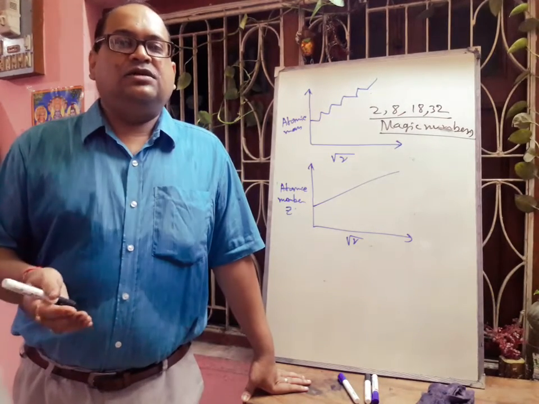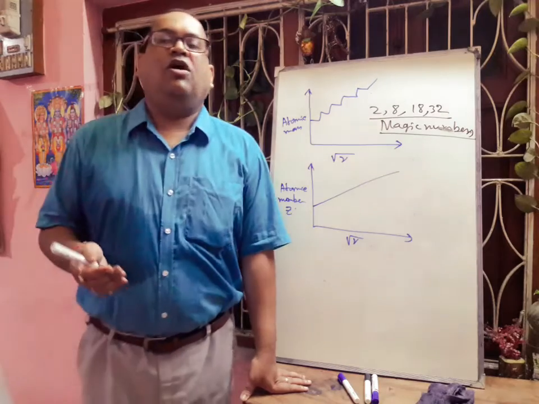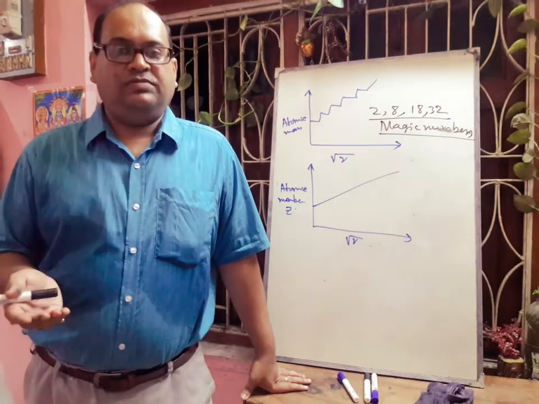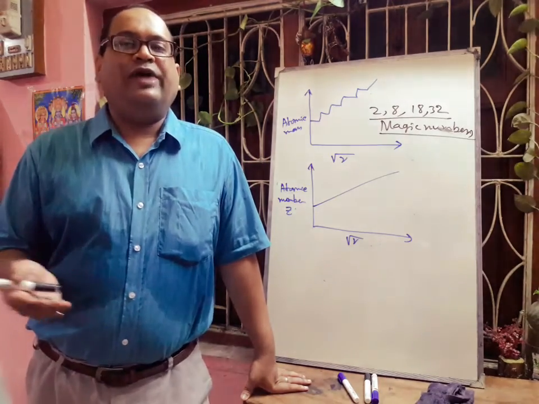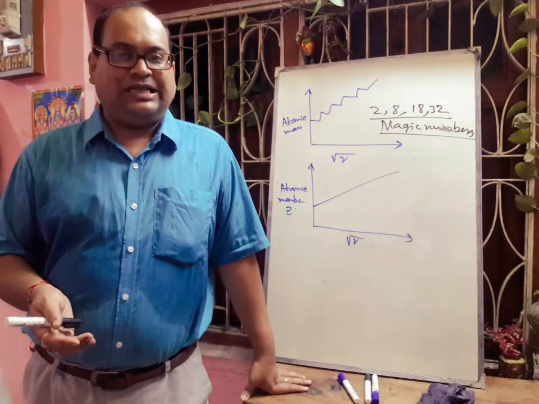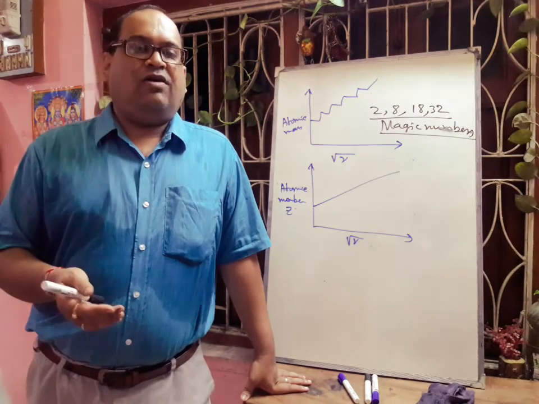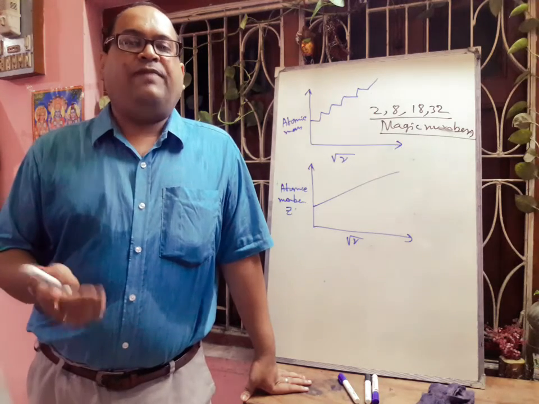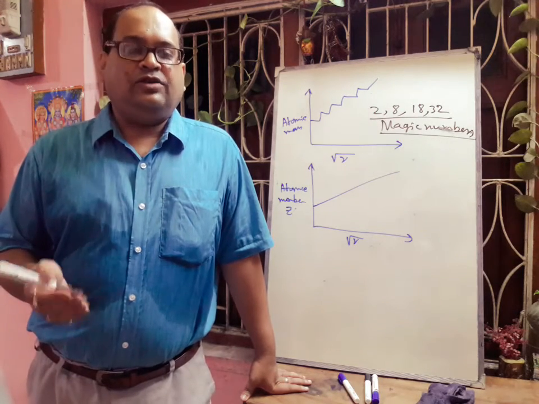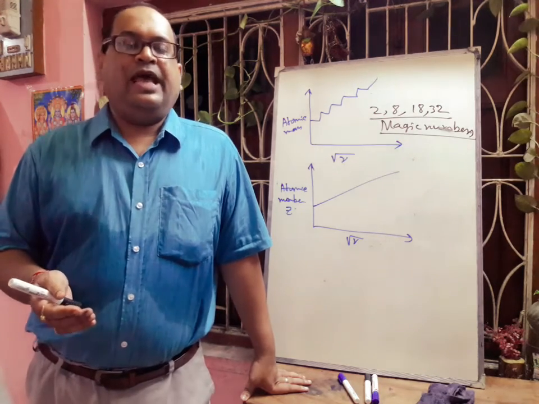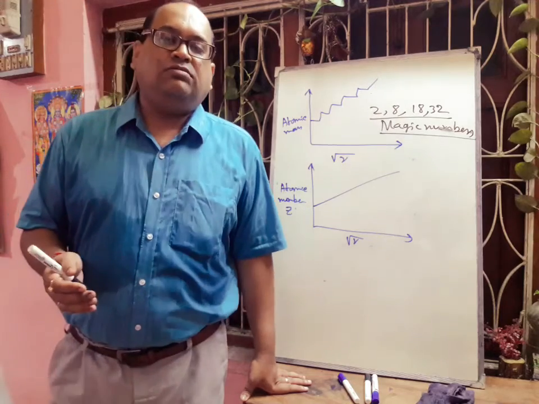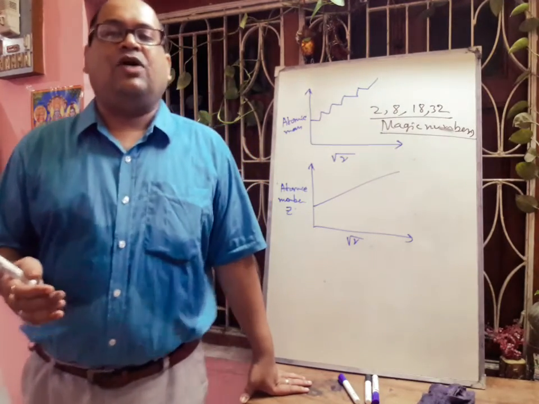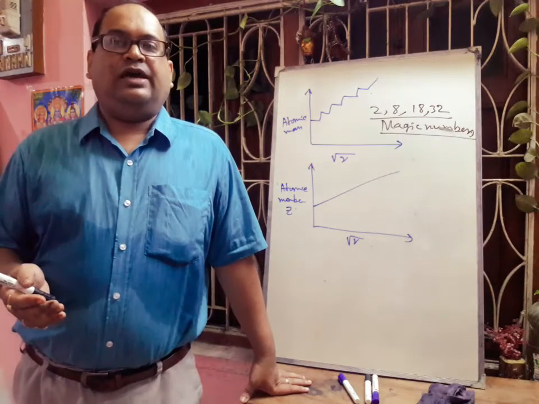Now elements belonging to group 1 or 1A are called alkali metals. I think all of you know. And group 2 or 2A elements are called alkaline earth metals, and group 11 or 1B are called coinage metals. Group 15 or 5A are called pnictogens or nicogens, and group 16 or 6A elements are called chalcogens. Group 17 are called halogens.